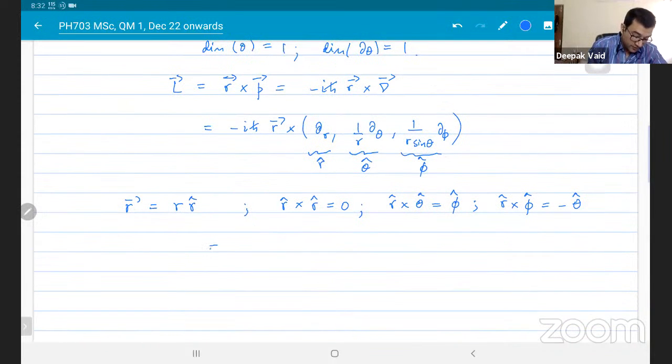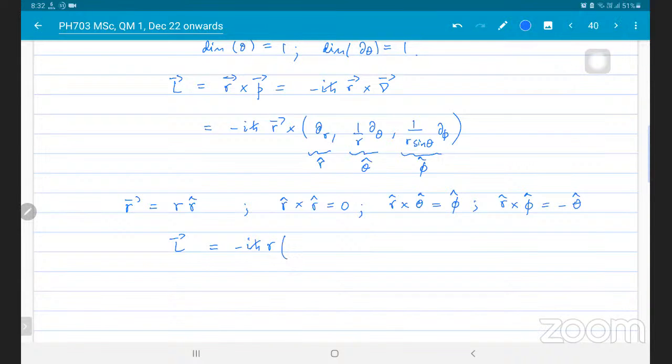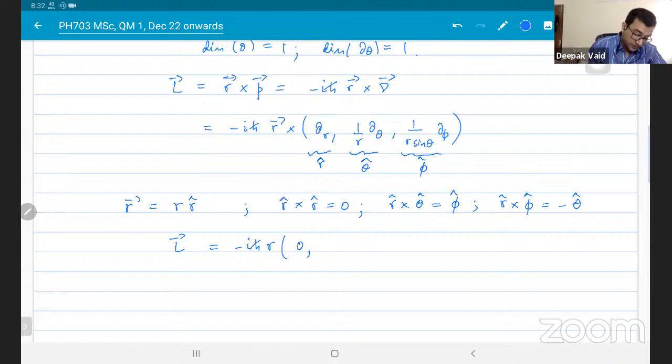So when you put in this relationship here, r hat cross r hat is 0. r hat cross theta hat is phi hat. So the theta component